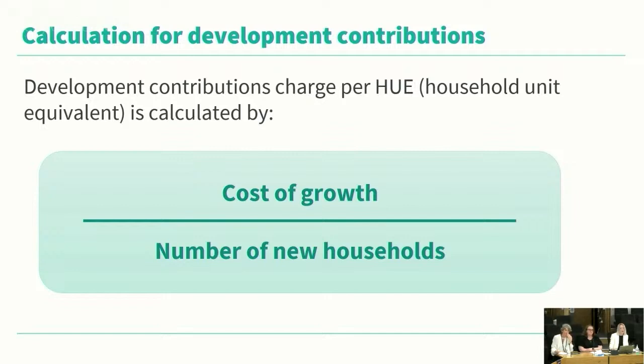So in terms of how the charges have changed between the 2021 and 24 policies, in 2021 the DC charges started at around $8,000 per HUI. This is a significant drop from past policies where DCs had started at around $21,000 to $22,000 per HUI. So the charges contained in our new draft policy are more in line with what the policies were like before 2021.